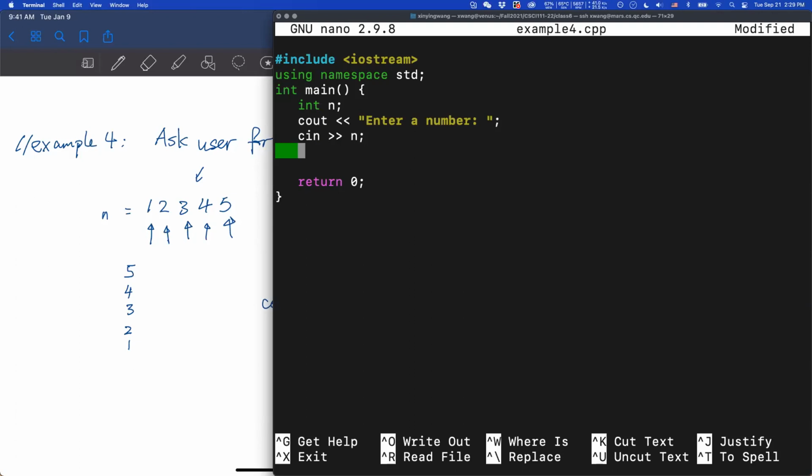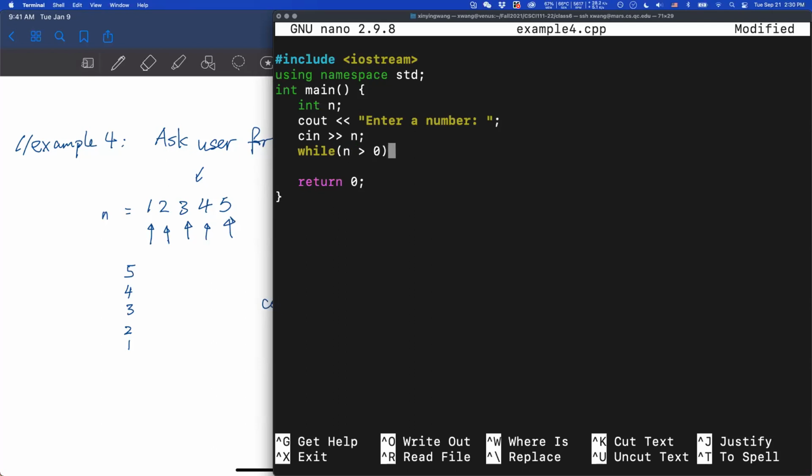In other words, your number needs to be greater than 0. Do you see that? Because your first digit will not be 0, right? Since we asked for a positive number. So as long as your number is greater than 0, you will be able to get the last digit out.